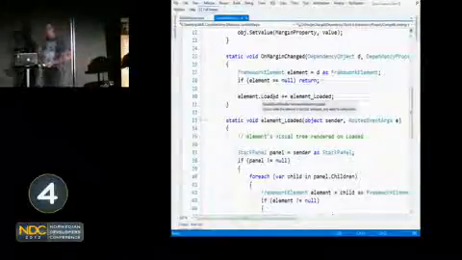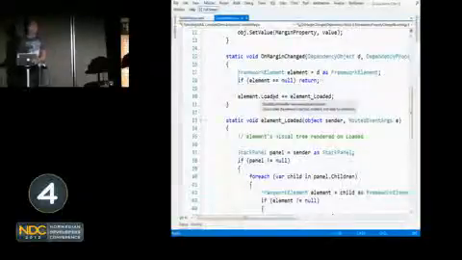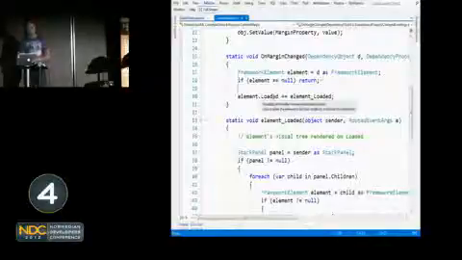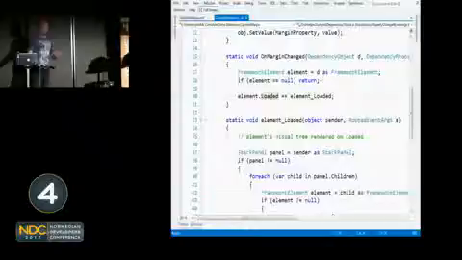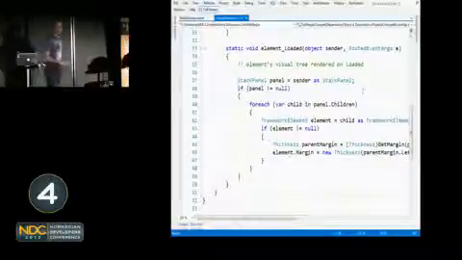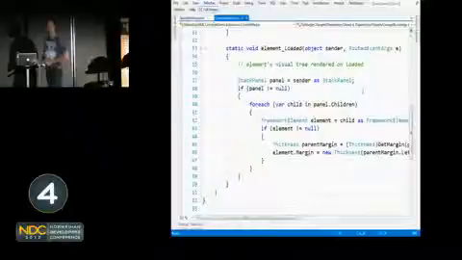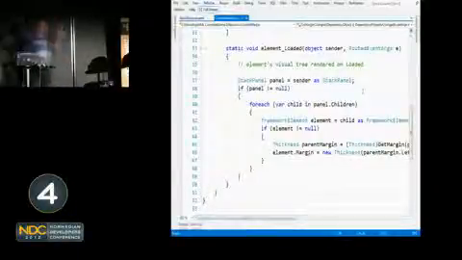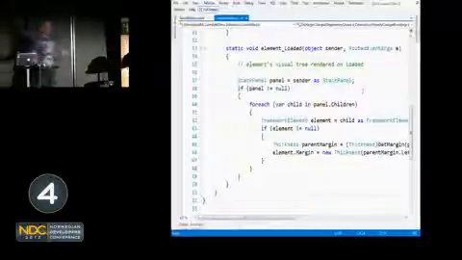So by the time this loaded event gets fired, knowing the right event to tap into is going to be crucial. And this is going to be crucial in the next example that I'm going to show you, the last example. So I'm making sure I'm wiring into an event that is the right point in time where everything that I need is already rendered. And here I'm just going through, casting it to a stack panel, looping through its children, and setting their margin. As simple as that. So now one setting in the stack panel sets all its children. So as you can see, it's an example of a behavior that may not act